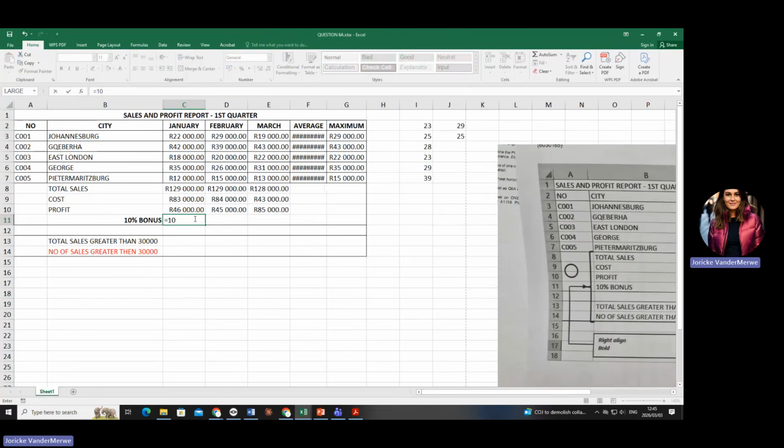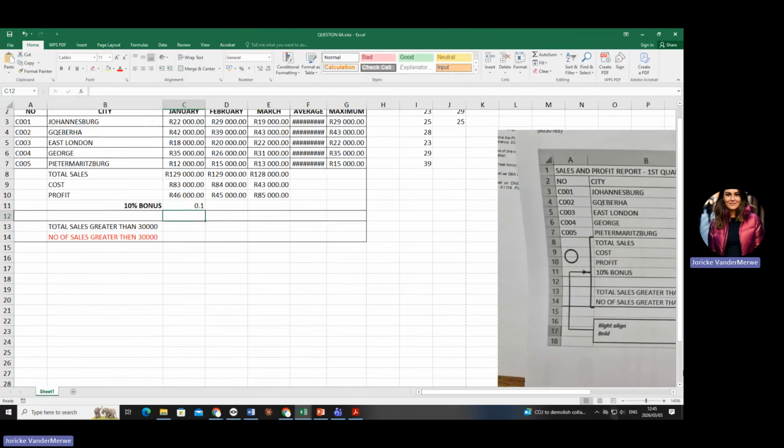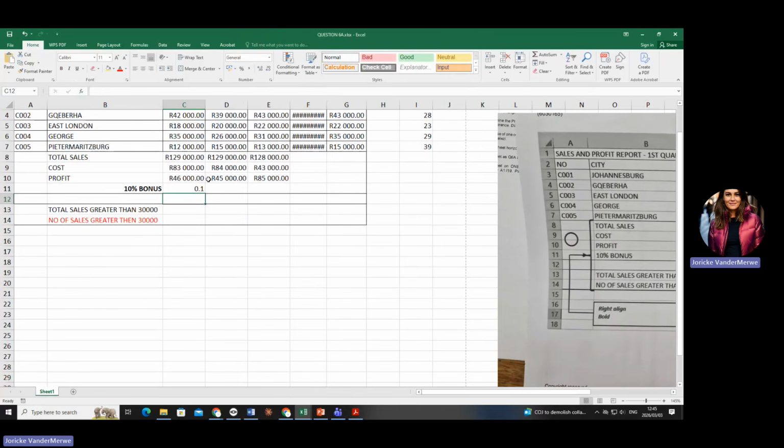And if I say 10% like this in Excel, what does percentage mean mathematically? I divide by 100. Do you remember that from Maths Lit? So press, can you see 10% is 0.1? If I put the percentage there, it's almost like me telling the computer 10 divided by 100. You can check on your phones on your calculator. 10 divided by 100 is 0.1.